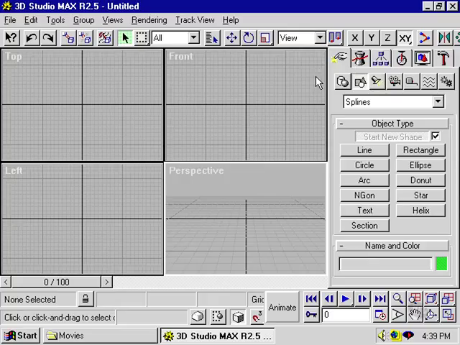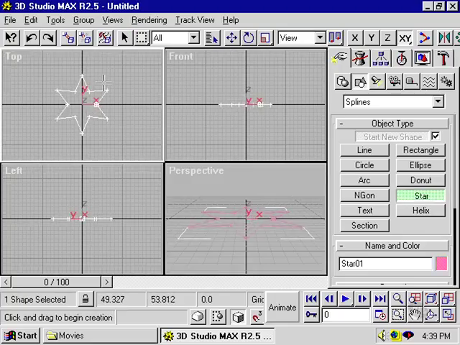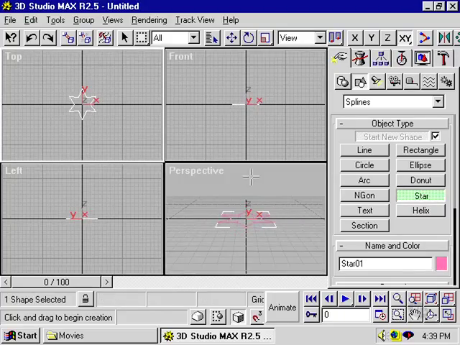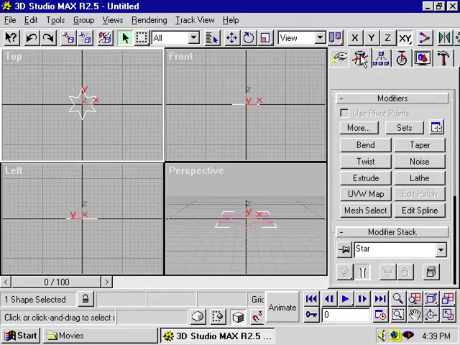Another modifier that we can use to create a geometry is the Extrude modifier. To use the Extrude modifier, we need a shape first. So I'm going to start by creating a shape, just a star, in my top view. Now I've created the shape, I can go to the Modifiers panel, and with that shape selected, I have access